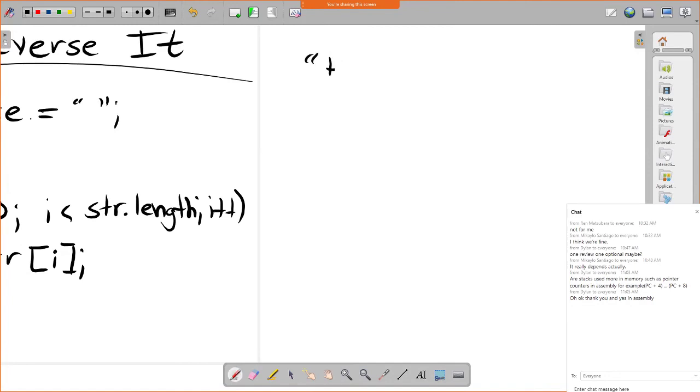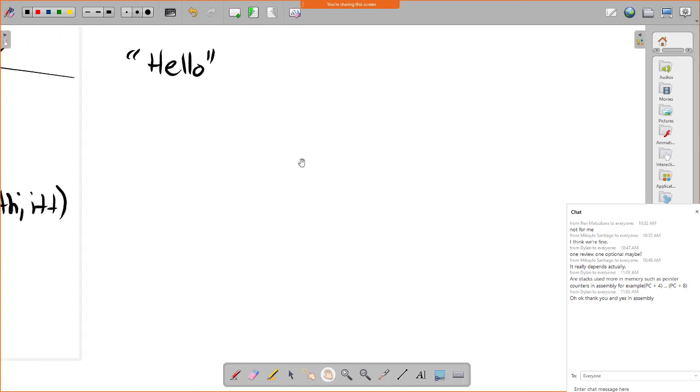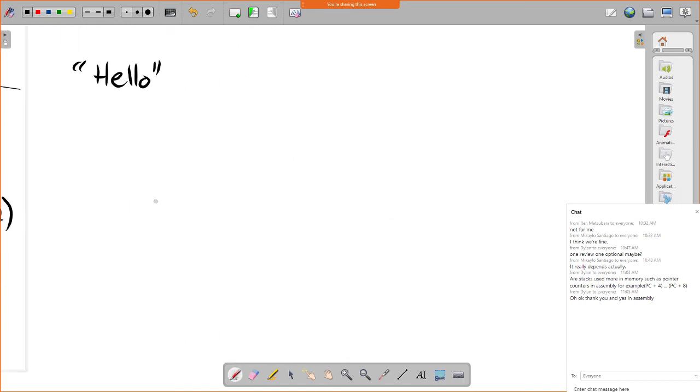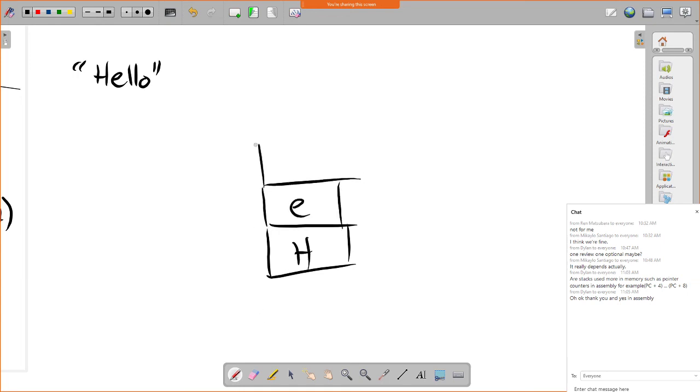If I had the word hello, and it was going to start at the beginning and push things on, the first thing is obviously going to be the H, right? It's going to put that into the stack to initialize it, and then when we go to push the next thing, it's going to go above it, right? E. And then if I push the next thing, it's going to go above that, and if I push the next thing onto that, it's going to go there, and if I push another thing onto that, it's going to go